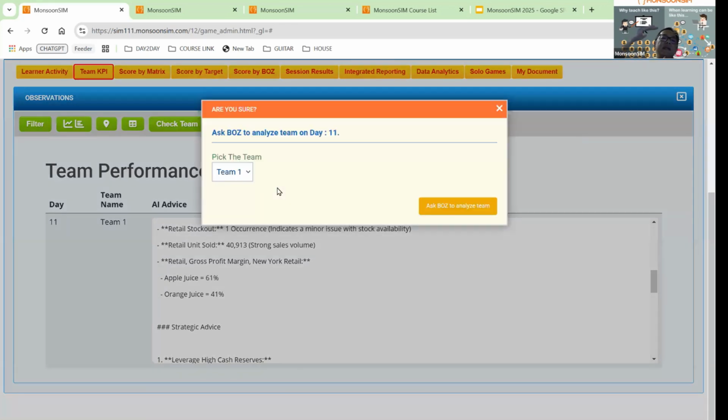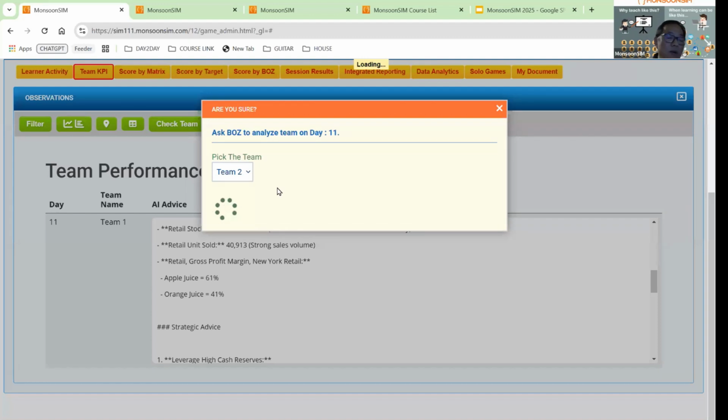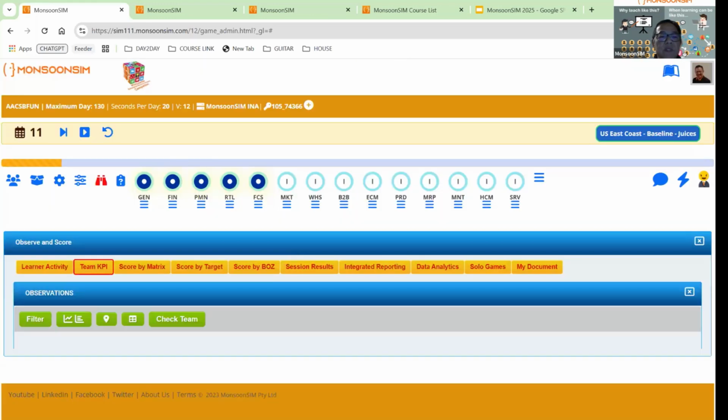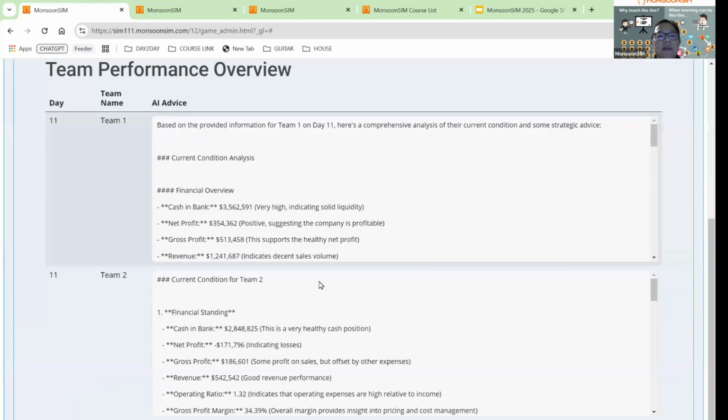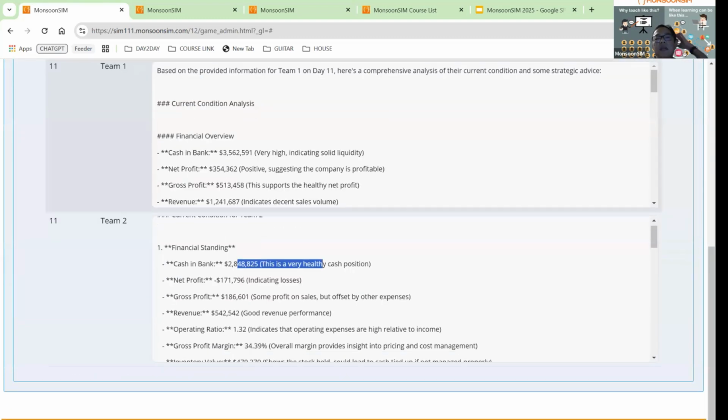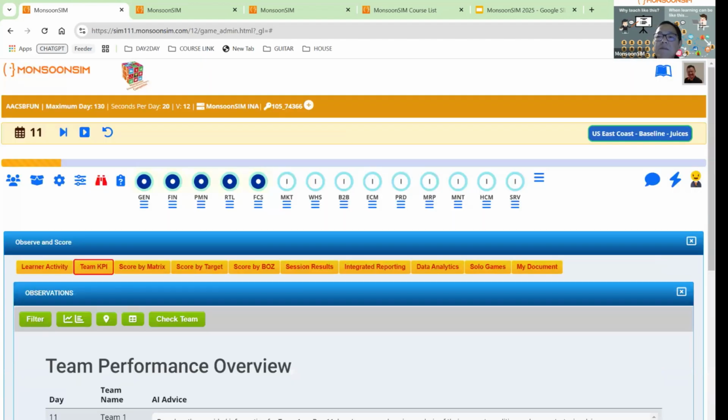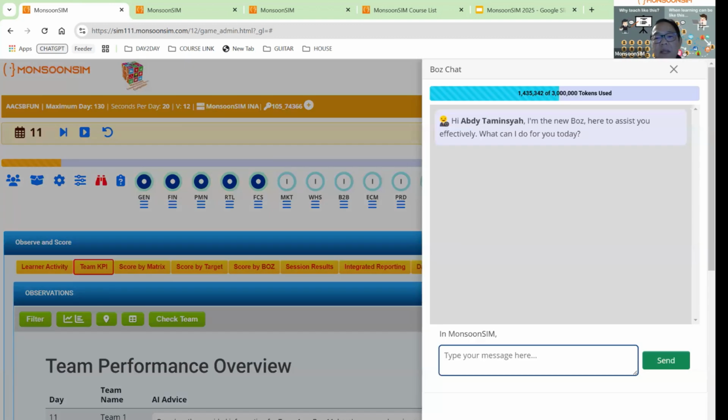So this is another example of how we have developed this contextual AI that can help in teaching, in facilitating, and also in assessing the student. Okay, there you go. So this is the result from the AI. So you notice that they're different. These are real life data. Now, not only that, there's a lot of other things. For example, here I can click the AI and ask questions, such as, if I'm not sure how to run this game, I say, how to rent a store,